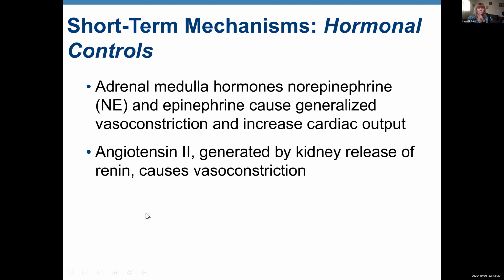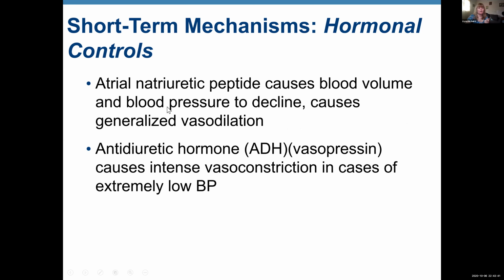Angiotensin 1 is circulating in your blood, produced by the liver, and then it's converted into angiotensin 2 by renin, and it causes vasoconstriction. Atrial natriuretic peptide is produced by the heart and causes vasodilation, and ADH, or antidiuretic hormone, vasopressin, is produced by the posterior pituitary gland and causes